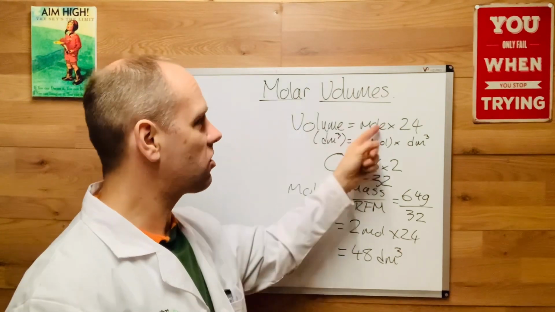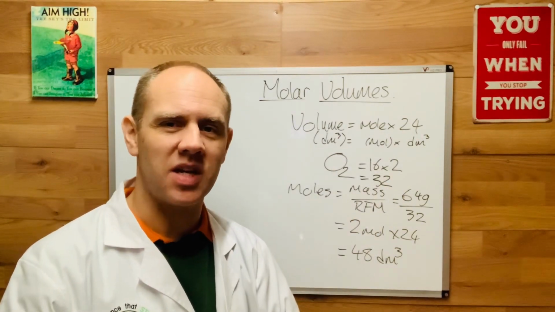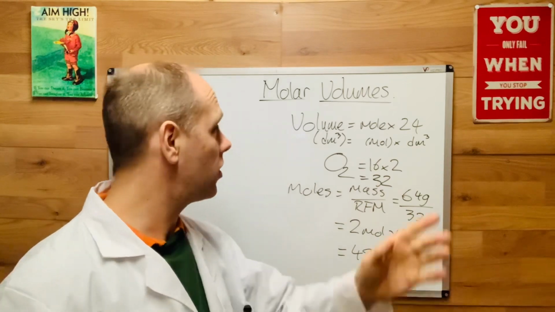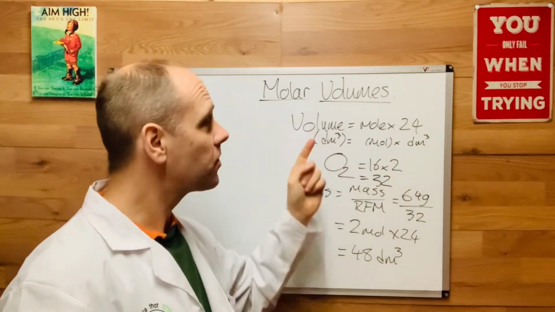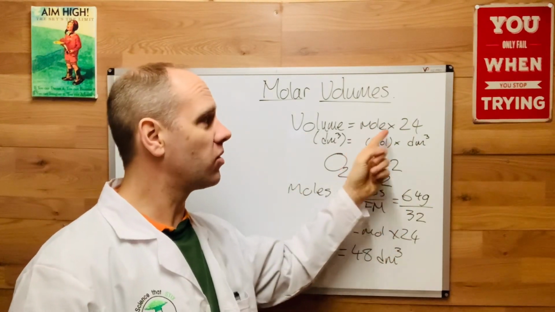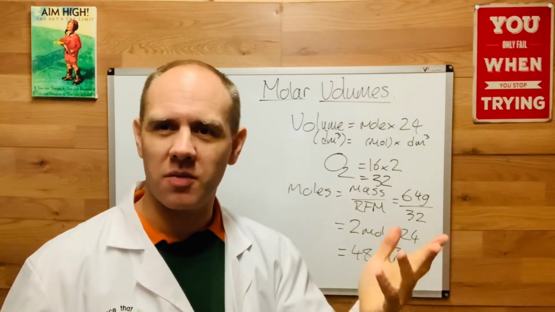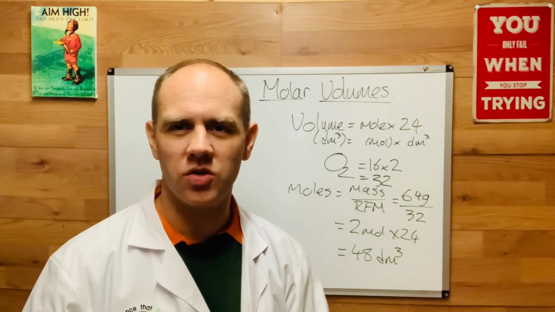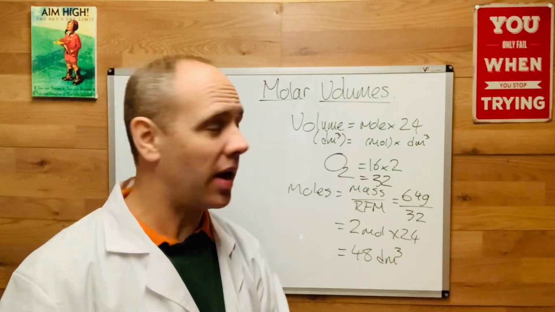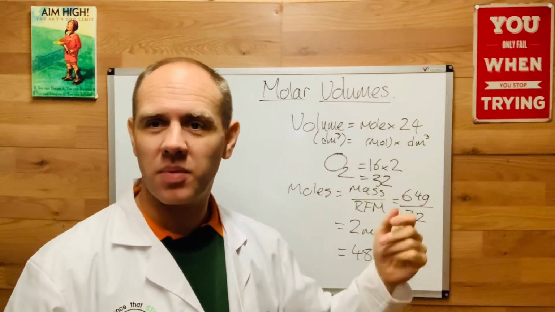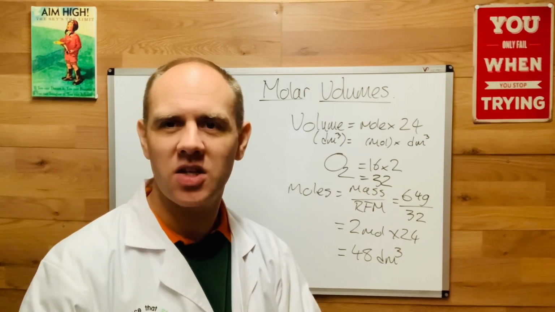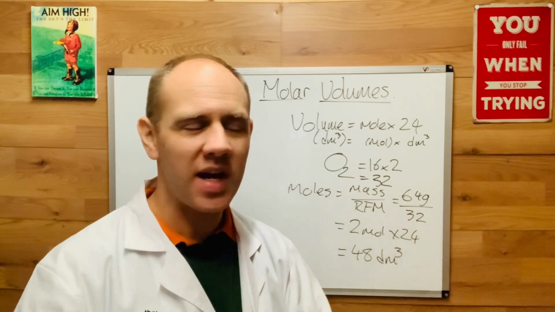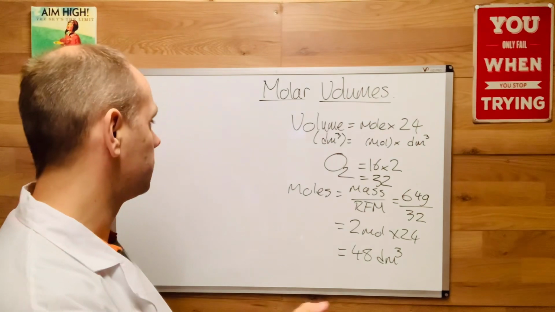Now the chances are good, if you're going to be asked any questions, it will either be straightforward, calculate the volume, or calculate the number of moles. You're probably not going to be asked to remember 24 or calculate 24 or calculate the constant. So how do you do it? Well, you can rearrange it by using the techniques taught in mathematics, making X the subject, or you can use a triangle